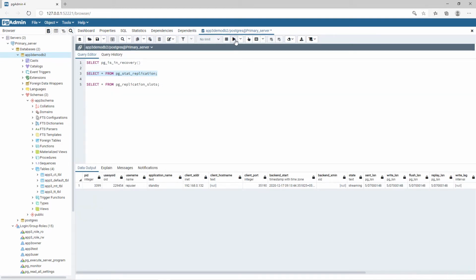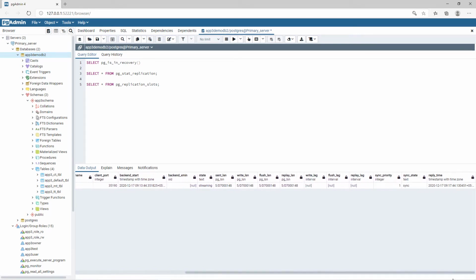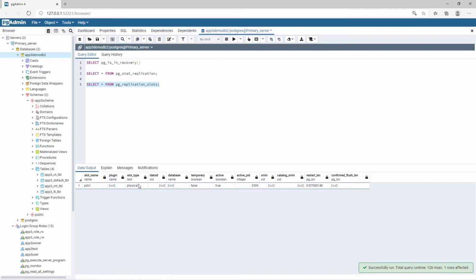You can see my application name I defined as standby. Okay, and my standby IP address is this. Go towards the right, you can see the sync state as synchronous. Okay, and the next one is to check whatever replication slots are present. I have one physical replication slot in the server.